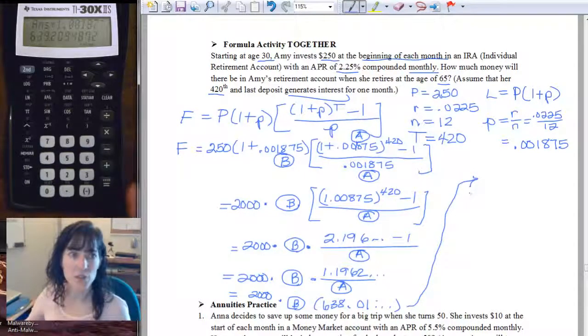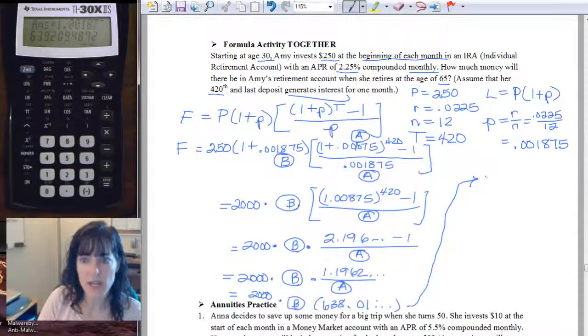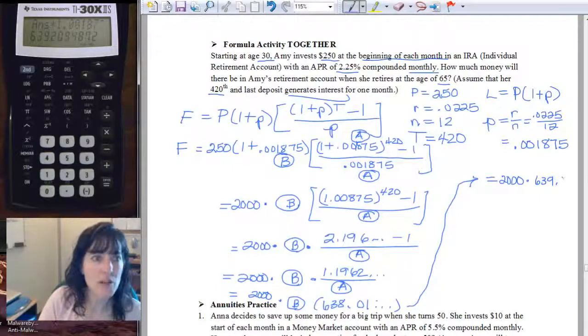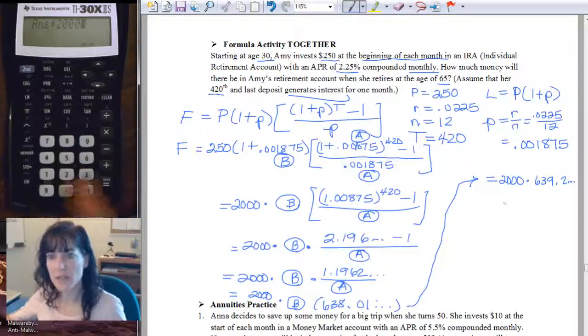Enter again so we get the actual calculation. And now I've done B times the 638 number, so I'm left just now with 2,000 times the 639.2, and it goes on. So do that last multiply, 2,000 equals,